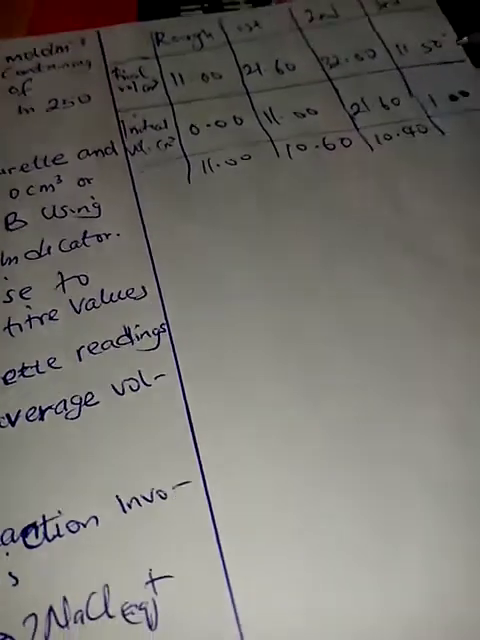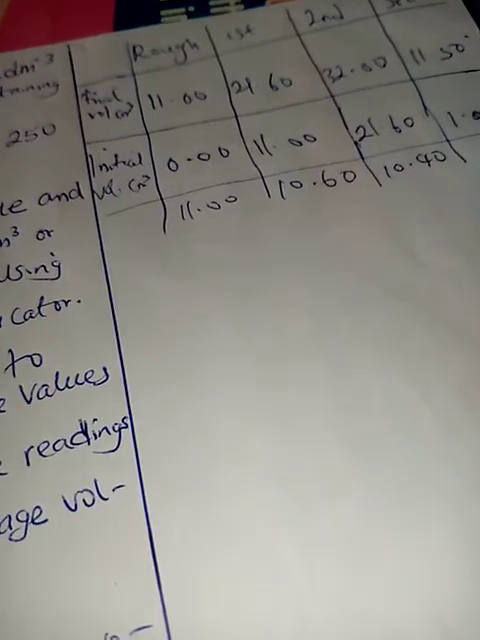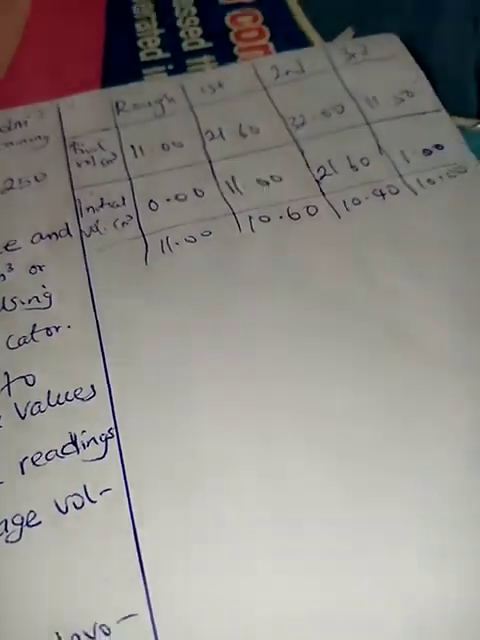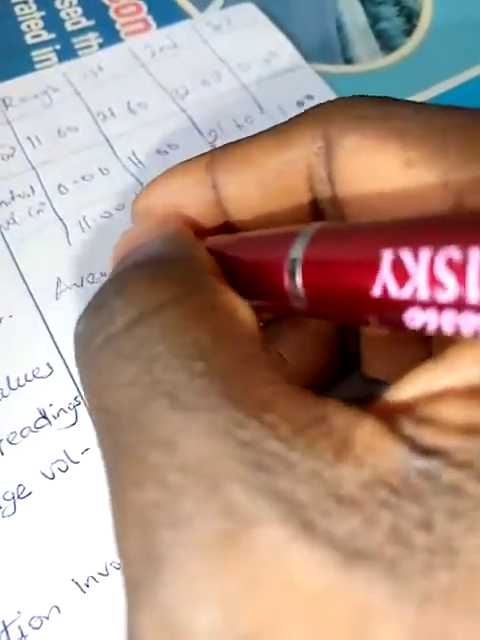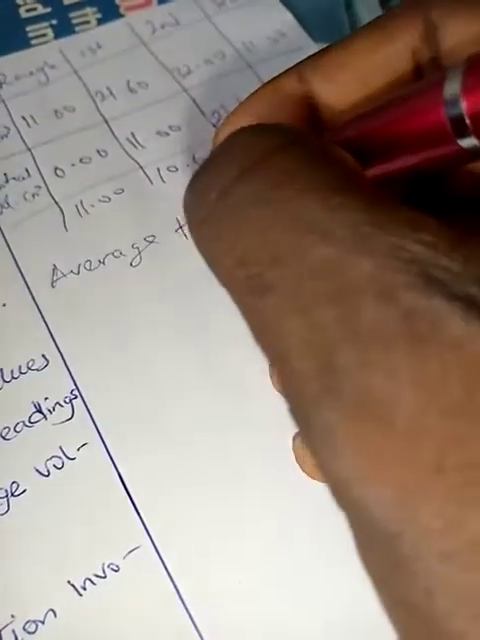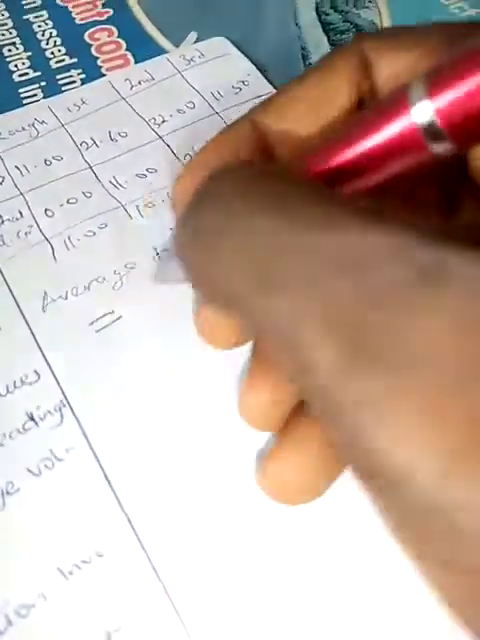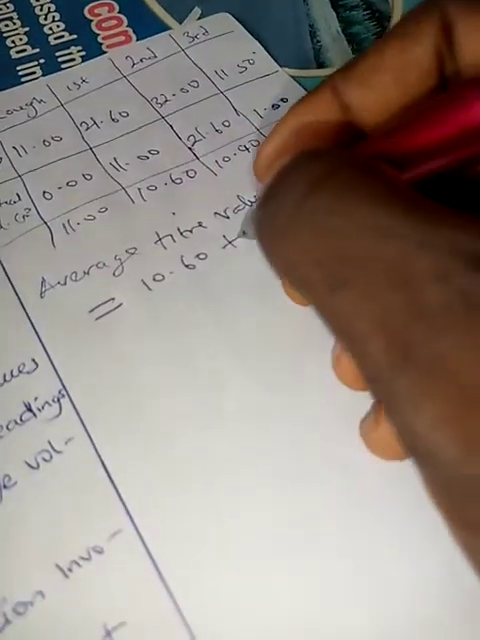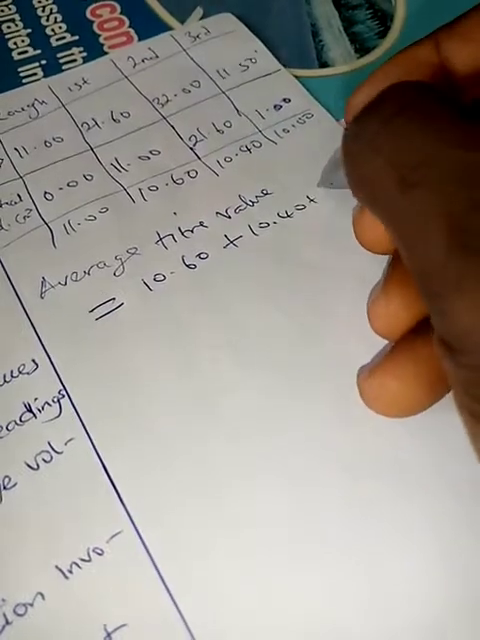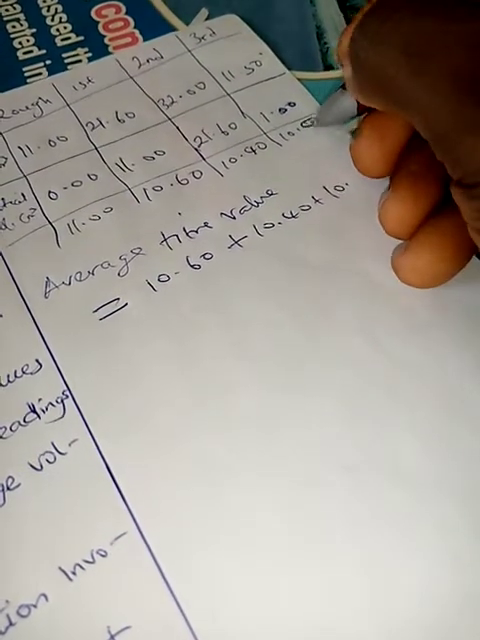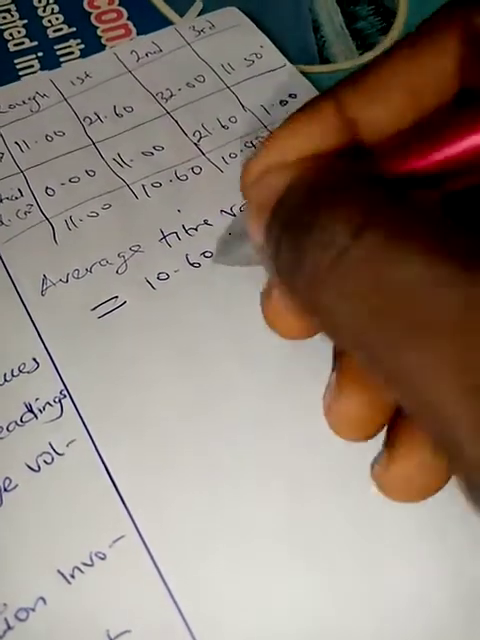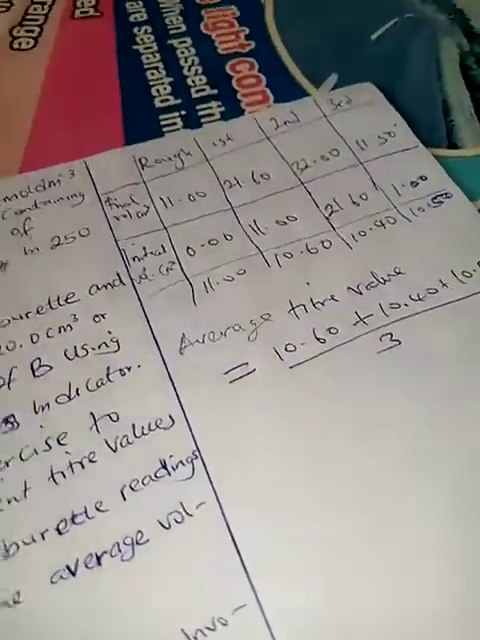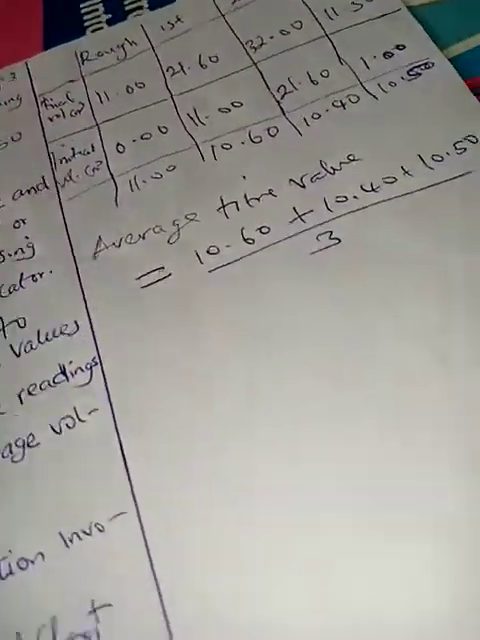10.40 rather. Then the last one, I know that when I subtract 11.50 from 1 point, I'm going to get 10.00. So my average titre value is going to be the sum of the first plus the second plus this, 10.50, divided by 3. So when I do this, I'm going to have